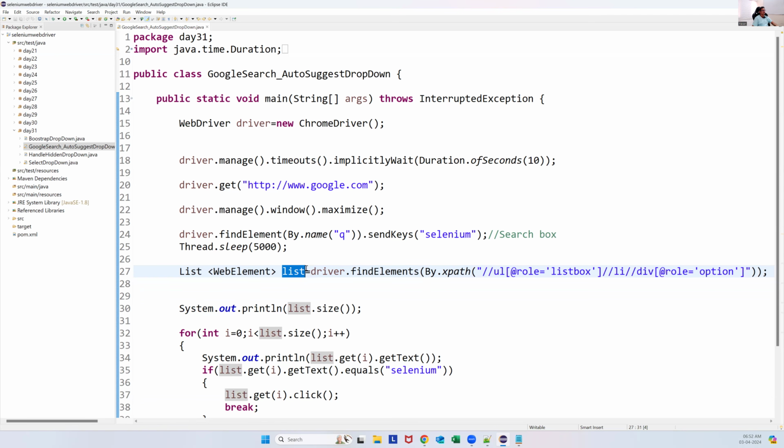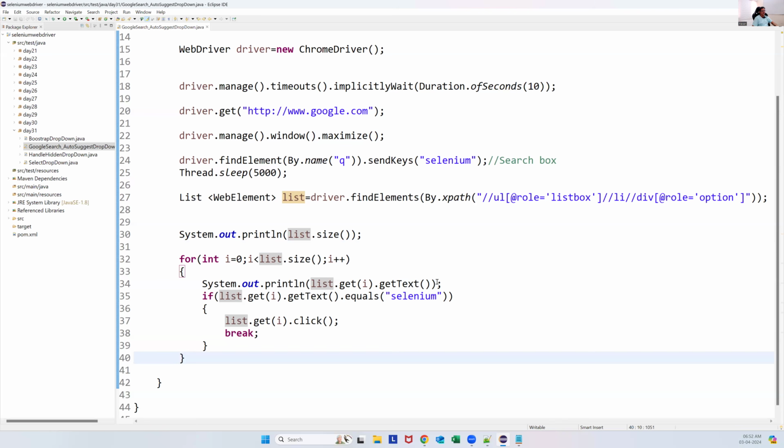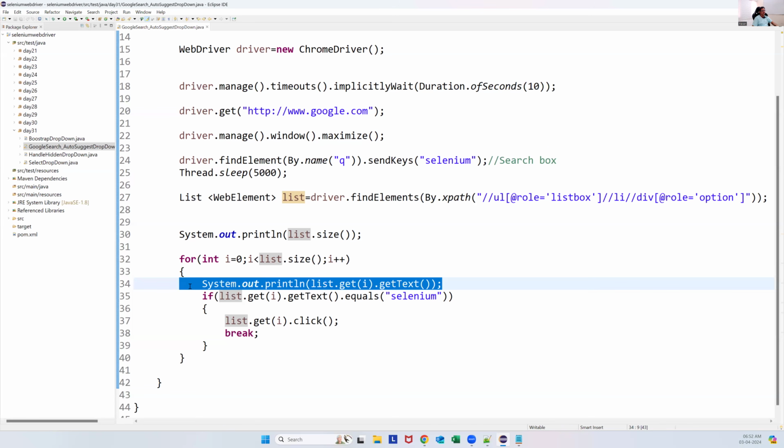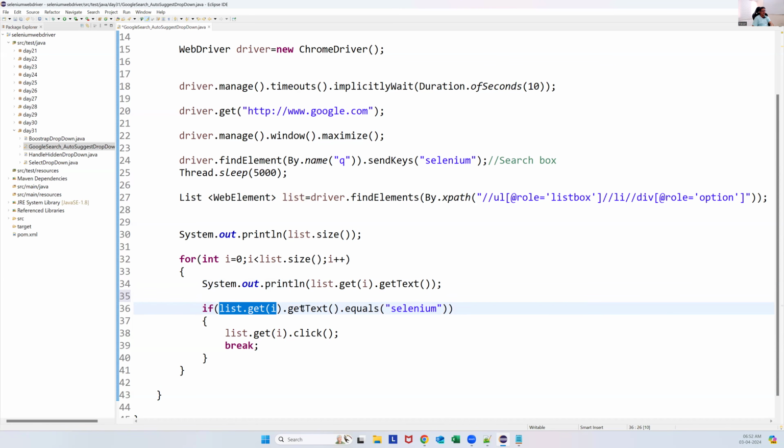I've created one variable called list. Then I can find the size of options, how many are there, and then I can read each and every option. I have written a normal for loop. You can also write an enhanced for loop. Suppose I want to select one of the options, you can just get each and every option. I just printed here. But normally, if you want to select one of the options, you can write a conditional statement, like if list.get(i).getText() equals this one,